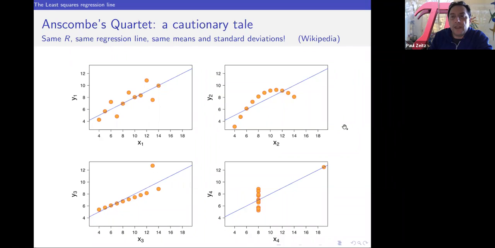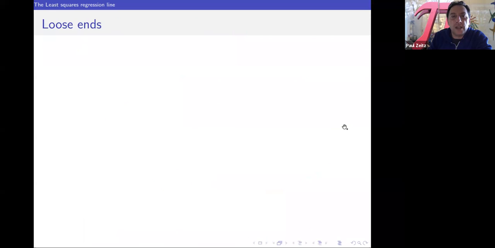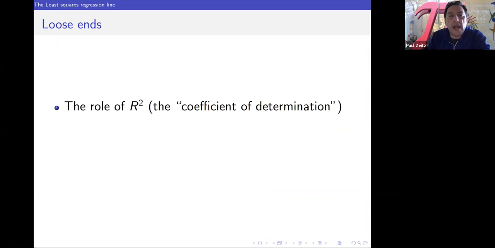Okay, and here's a couple of loose ends. Someone asked about the role of R squared, and I'm curious. I wonder if I can see this. Can I get the hand raises? I'm not sure how that works. I'm not sure I can see hand raises, but I'm curious how many people have heard of R squared. Oh yeah, I'm seeing hands going up. This is great. I see 1, 2, 3 or so people, and so 4 or 5. So a modest number of you have heard of R squared.